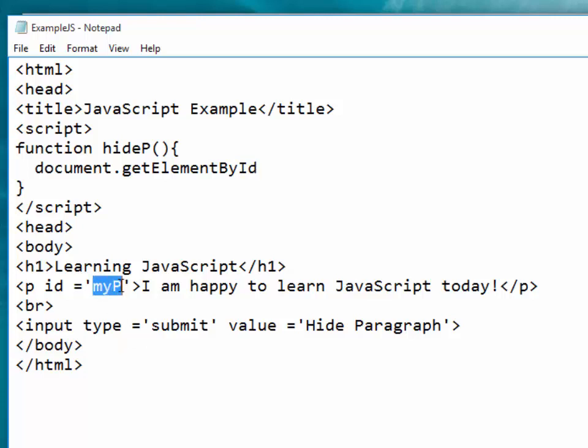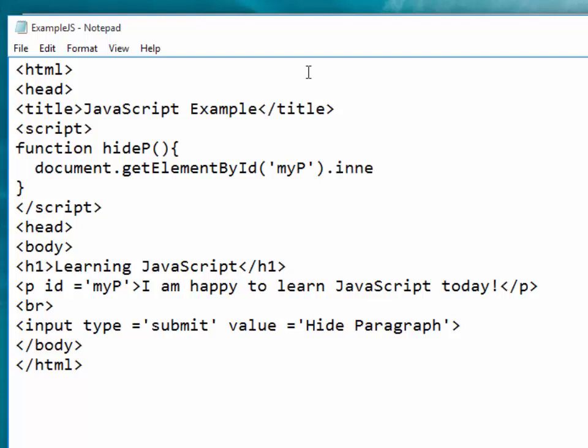This ID here is what I will be looking for. So I will put a bracket, put a quote and the name of that ID, put a quote and close that bracket. So it means go to the document, look for an ID called my P, then put a period